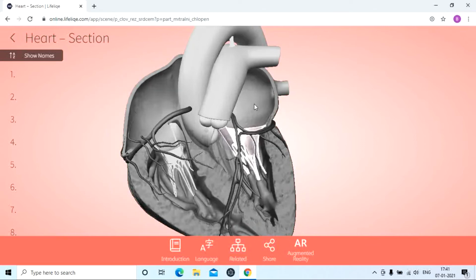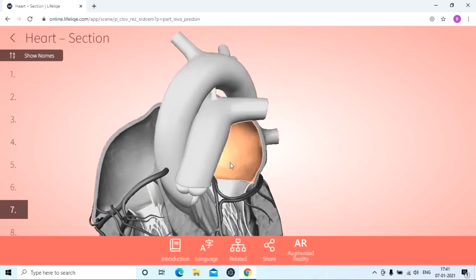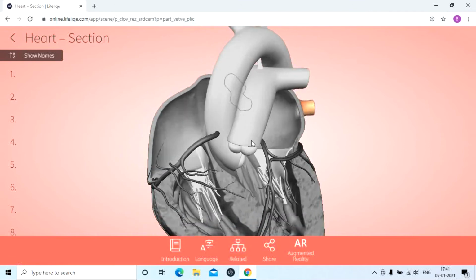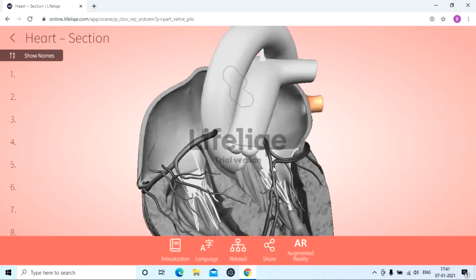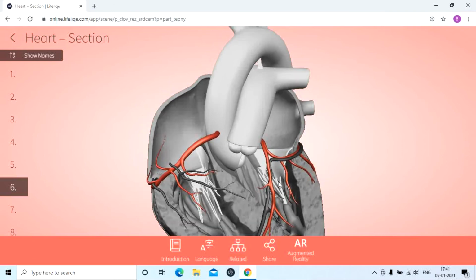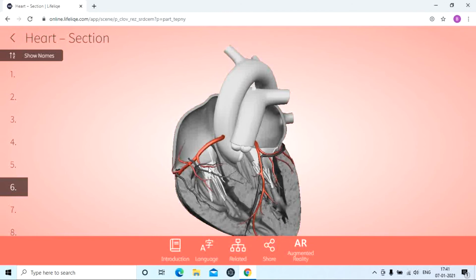Now here we know that the right atrium generally receives the oxygenated blood with the help of the pulmonary vein. This is the pulmonary vein. It carries the oxygen rich blood and it enters the right atrium. From this right atrium it goes to the right ventricle. Now this blood from this right ventricle goes through these arteries to different parts of the body,